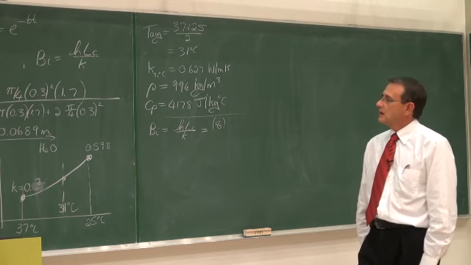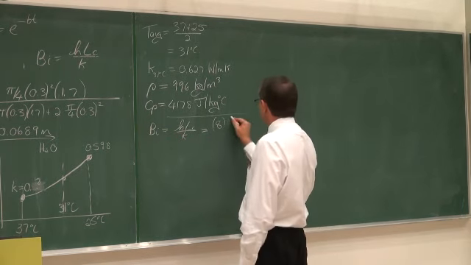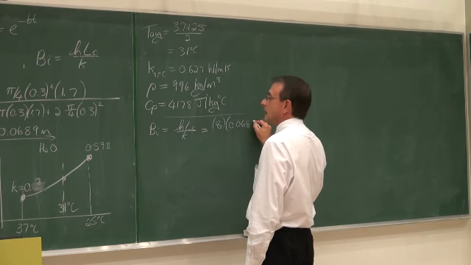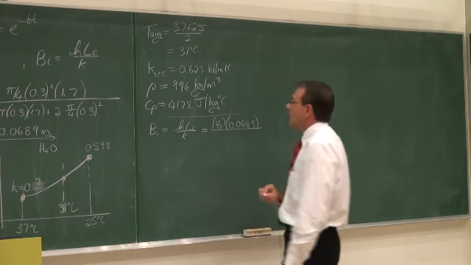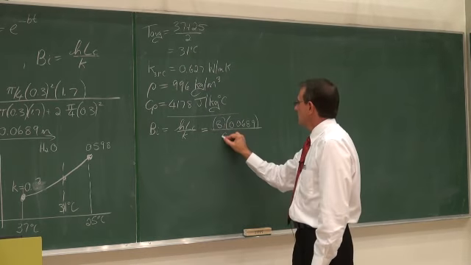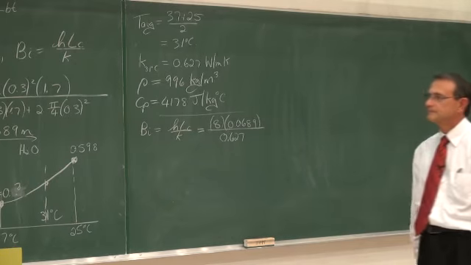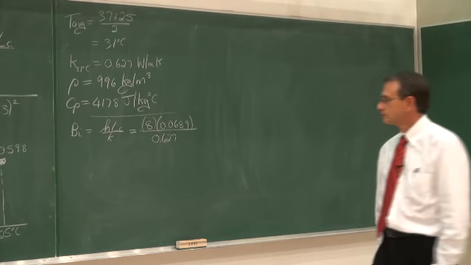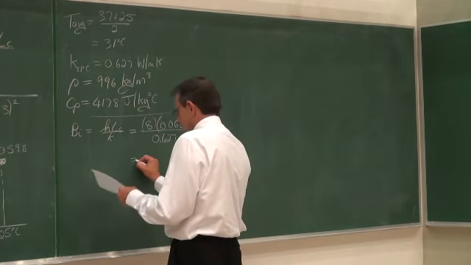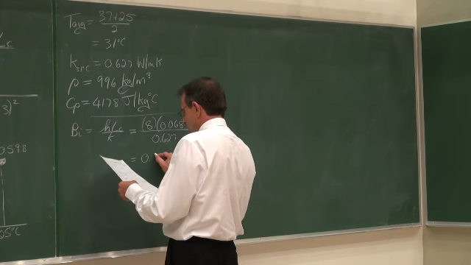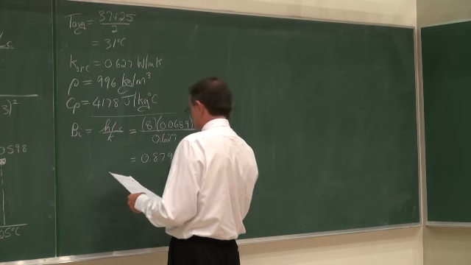The characteristic length is equal to 0.0689, and the thermal conductivity 0.627. So therefore it is equal to 0.879,